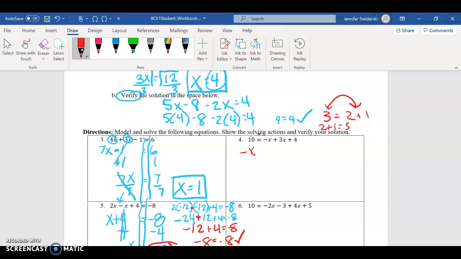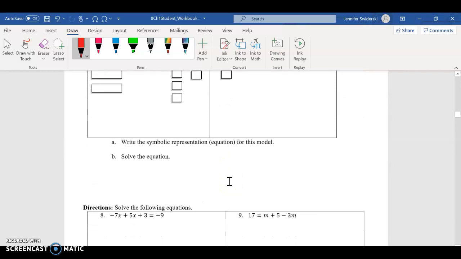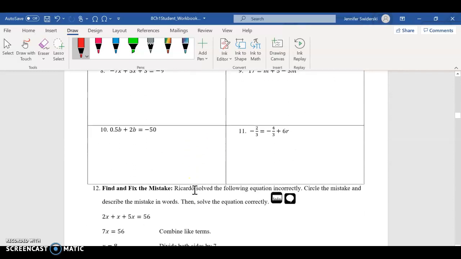You can rewrite this as negative x plus 3x plus 4 is equal to 10 if you want, and just flip that. If you like this idea of just having one number on the right-hand side of the railroad tracks, you can do that as well. Okay, I'm going to have you guys try number 6 on your own. Okay, circle your answer, and we're going to come down to